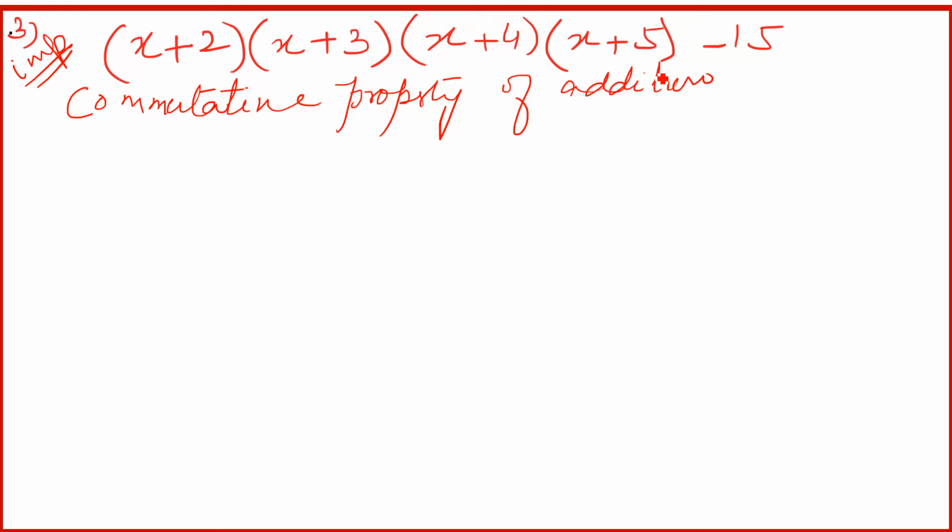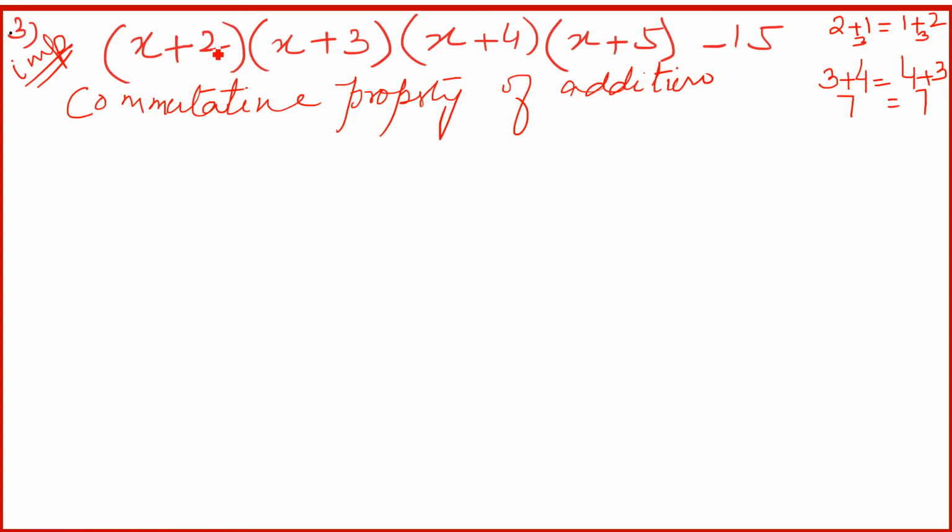And what is the commutative property of addition? The commutative property says that 3 plus 4 is equal to 4 plus 3. Both are the same. If we write down 3 first or 4 first, 3 plus 4 or 4 plus 3, both are the same. This is called the commutative property of addition. One more example: suppose 2 plus 1 or 1 plus 2, both are 3. So see here,